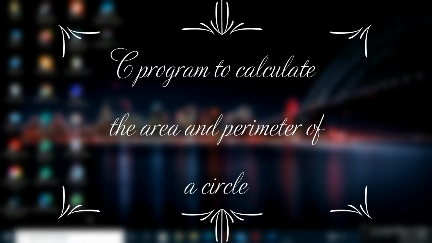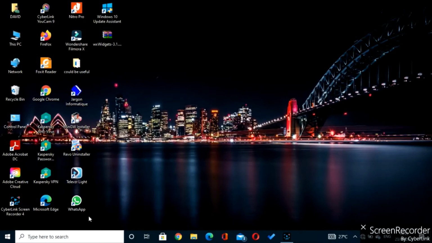Hello guys, so today we're going to make a C program that calculates the area of a circle, as well as integrate a formula that calculates the perimeter of the circle too. So in this session we're going to use our most famous IDE,